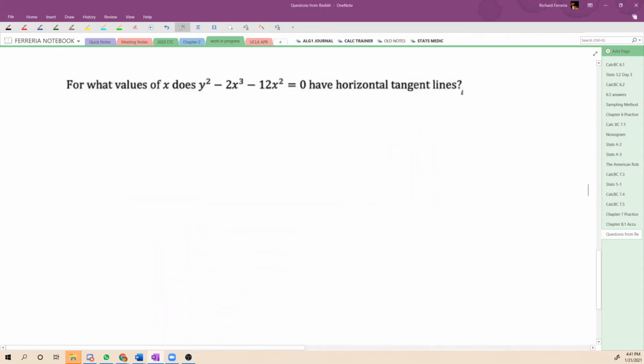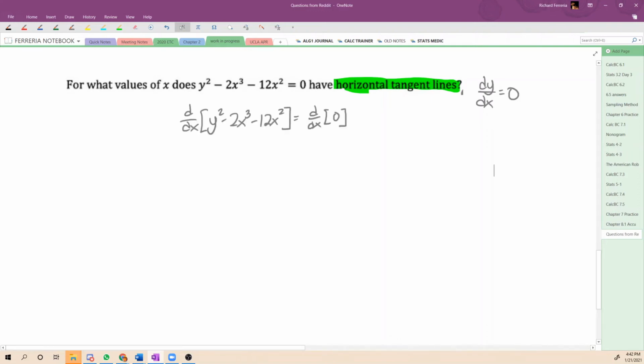Now the third problem from Reddit asks, for what values of x does y squared minus 2x cubed minus 12x squared equal 0 have horizontal tangent lines? Which, translating from calculus, means when is dy/dx equal to 0? So we'll take the derivative of the left and the right,